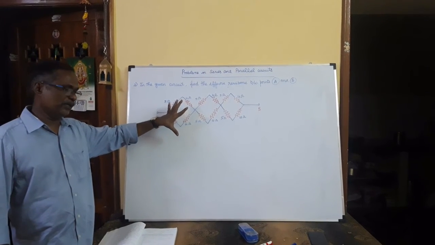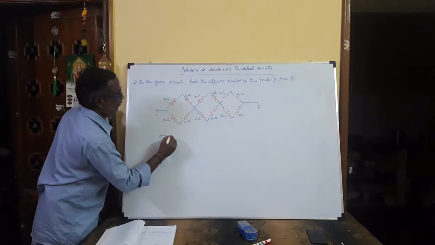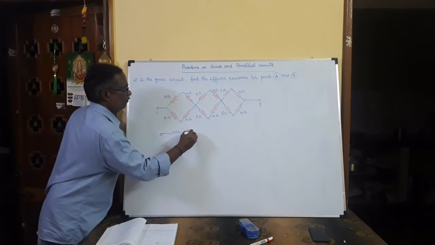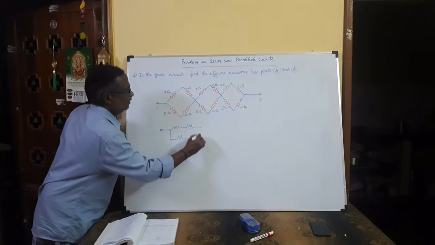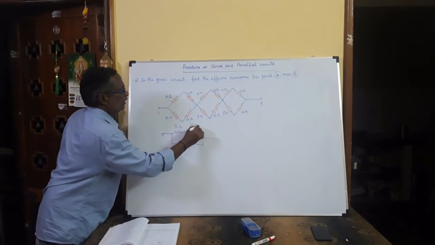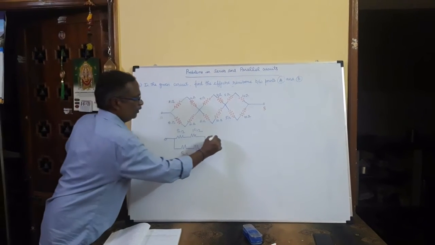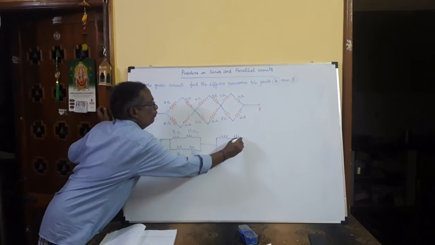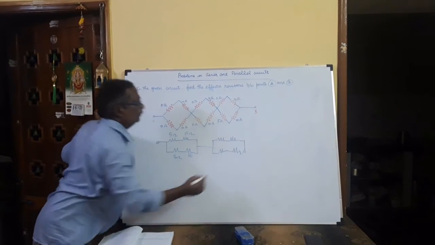Okay, I will draw the simple circuit now. Here, these two are connected in series. And here, these two are connected in series. Here, this is 5 ohm and this one is 10 ohm, this one is 5 ohm and 10 ohm. First bridge is over. Then coming to the next bridge, similarly 5 ohm and 10 ohm, 5 ohm and 10 ohm are connected.